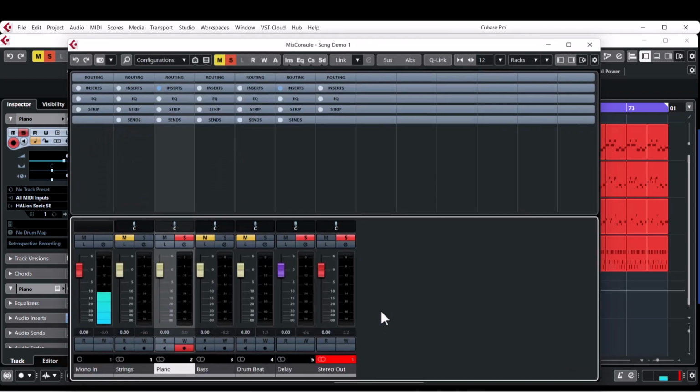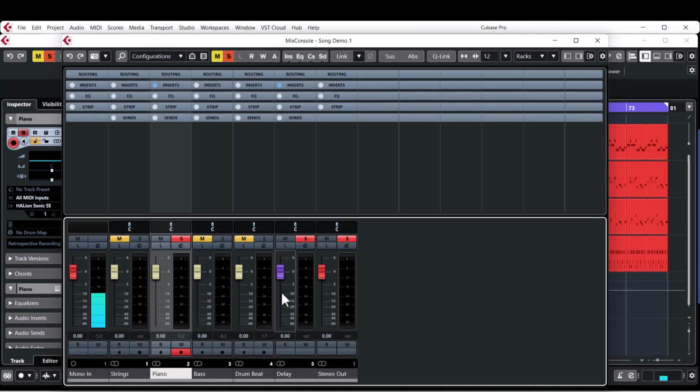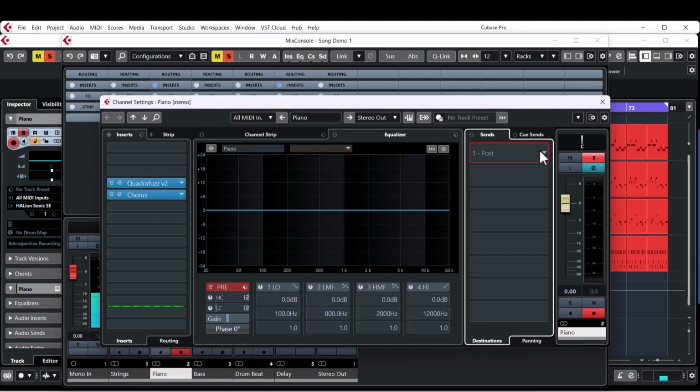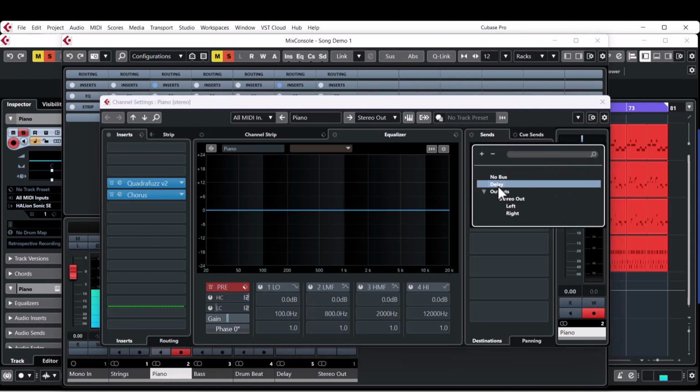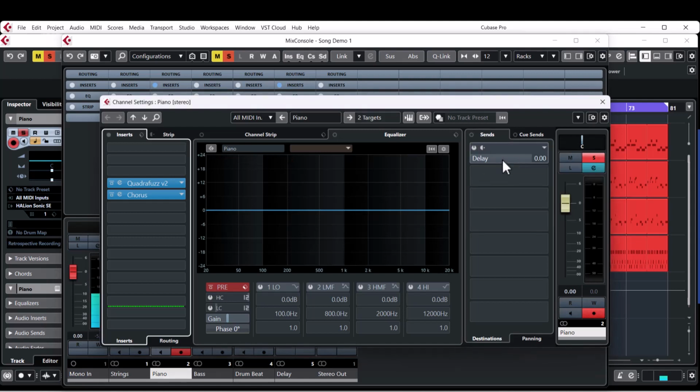So F3 will bring up our mix window, and you can see that now we have this delay channel. This is the new send channel which we've created. So what we're going to do now, either from this window over here, we can send the signal to the delay. It's grayed out at the moment, which means it's not on. So we're going to turn that on, and this orange bar here is the amount of signal that we're sending